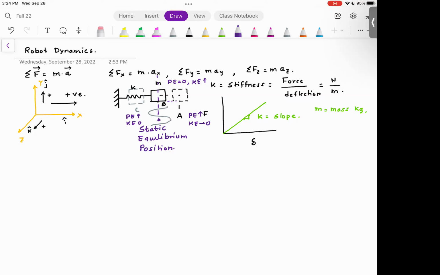You solve that mathematical expression, and the solution will tell you where the mass is going to be, or the future state of mass. That is the same purpose for robot dynamics. What we are going to do is derive an equation that describes the motion of the robot. And once we solve that equation,